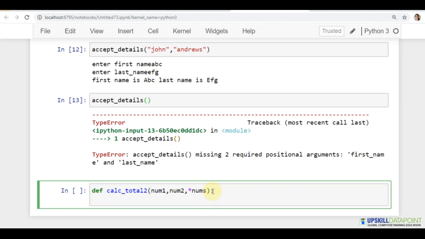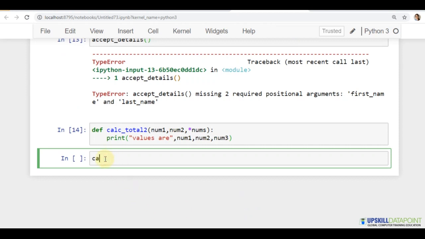So here what I'm doing is I can just print, values are, and call your num1, num2.